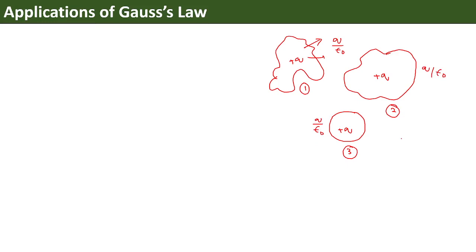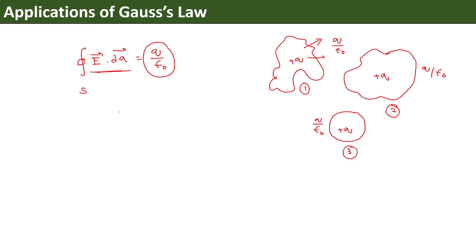But the only thing is that you cannot apply Gauss's law to find the electric field. Why? Because you will not be sure of this integral. You can find the electric field only if you can evaluate this integral, not otherwise. You are sure about this right hand term, but you are not sure about this left hand term. Why? Because if the angle between the electric field and dA is not known to us, or it is varying, then we cannot take E out of this integral sign.